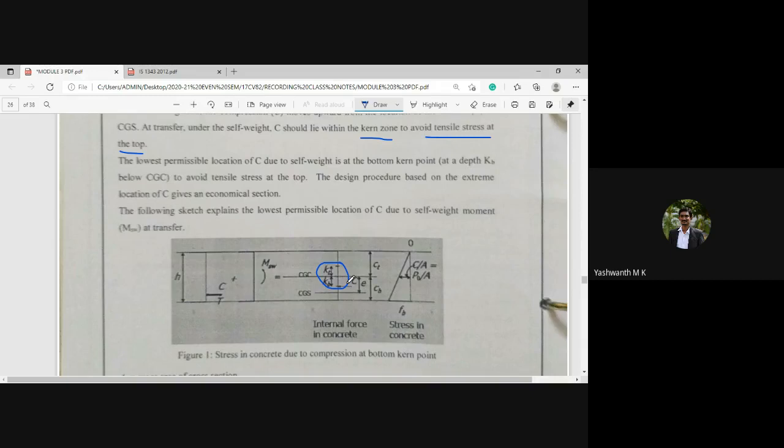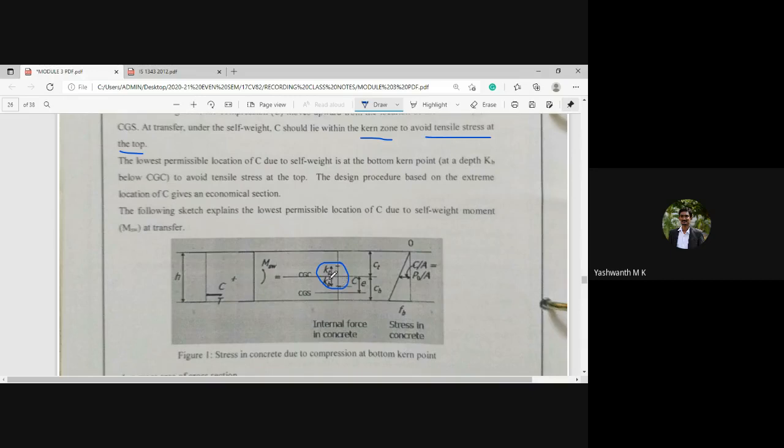Next, the lowest permissible location of C due to self-weight is at the bottom kern point. That means the maximum it can shift is up to the bottom kern point, that is KB. KB is measured as the distance from the centroidal axis of the section up to where the compressive force has shifted.